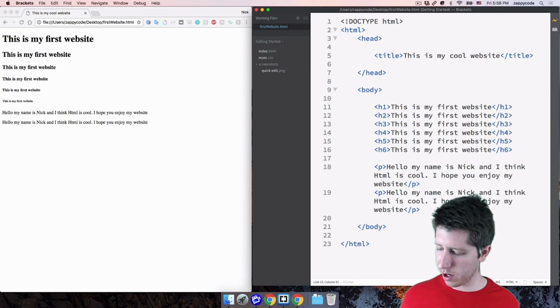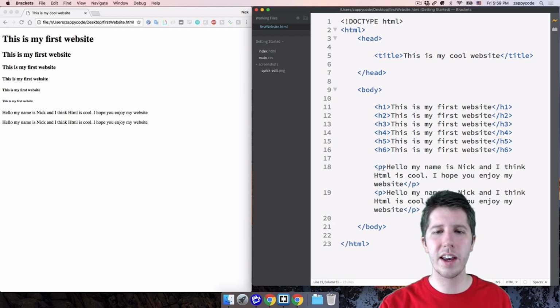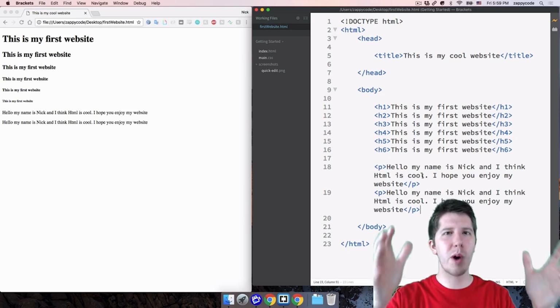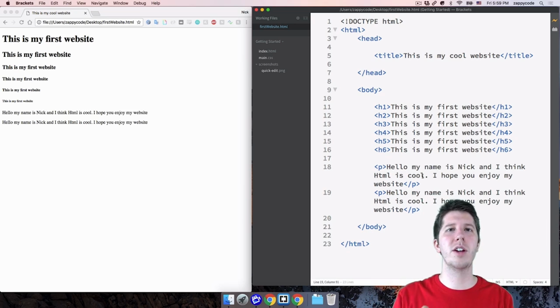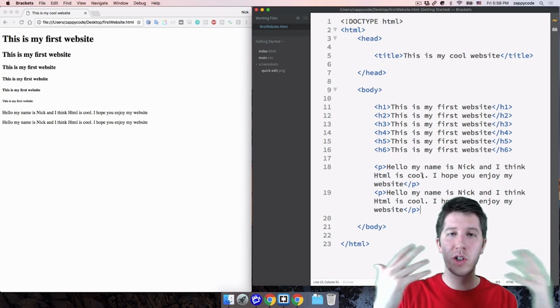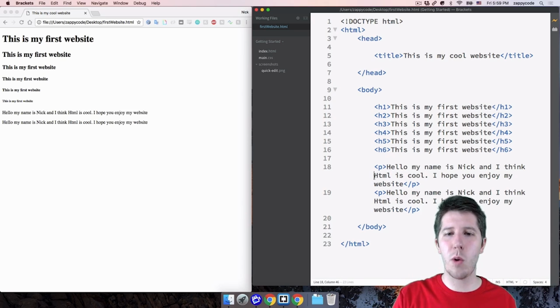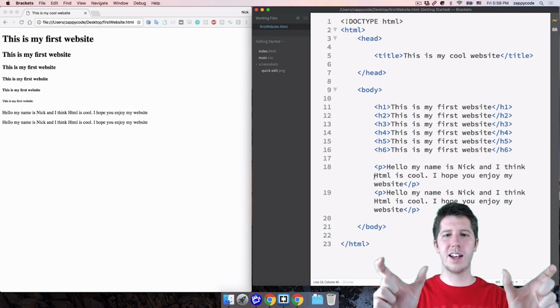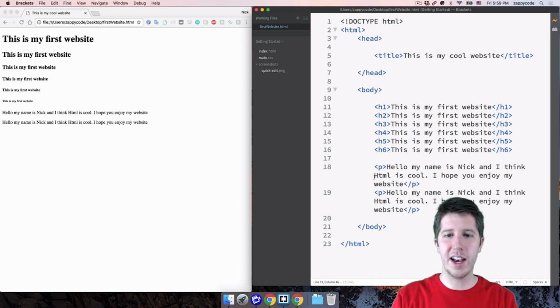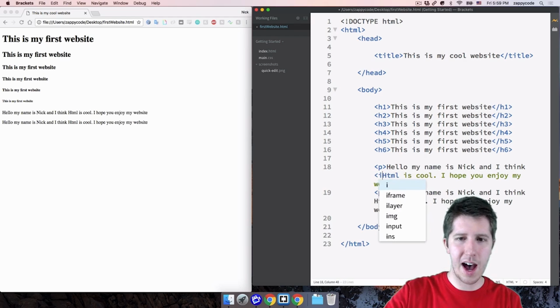Now, the next thing that I want to cover, let me get to my notes here, is how you can manipulate certain pieces of text to stylize them how you'd like. So for example, in this first one where I say my name is Nick, and I think HTML is cool, if I really want to emphasize that I think HTML is cool, I want to italicize it, right? Sort of shift the text over like this. Let me show you how to do that with the italicized tag. So this is really cool. We want to wrap our opening and closing italicized tag around the text that we want to italicize. So for HTML is cool, I'm going to do the opening tag here and say I.